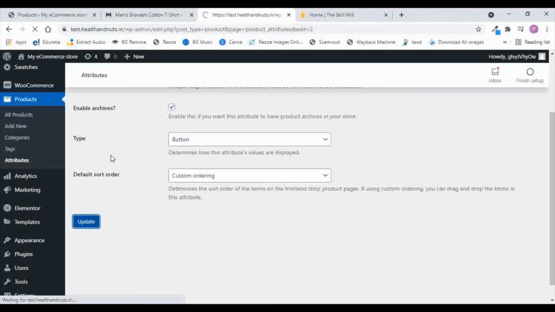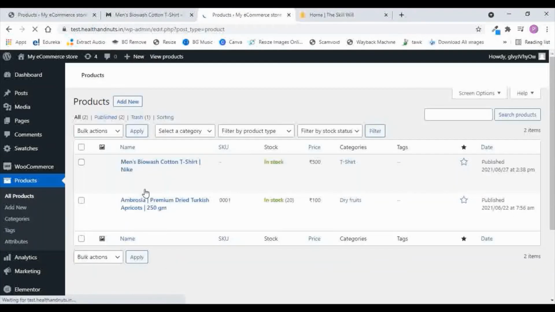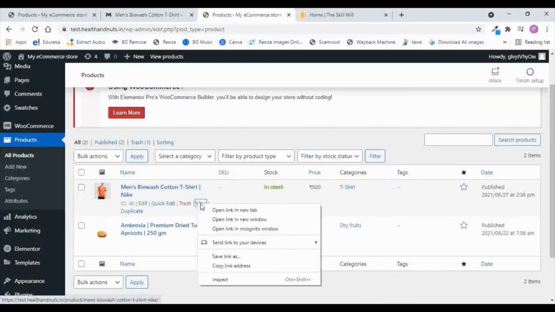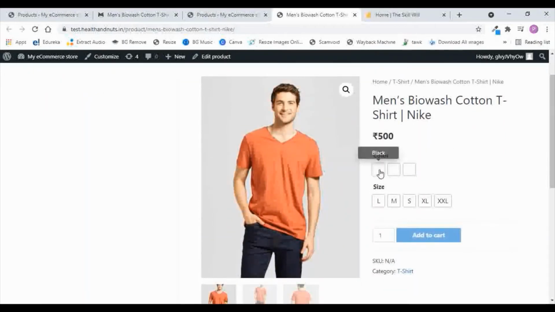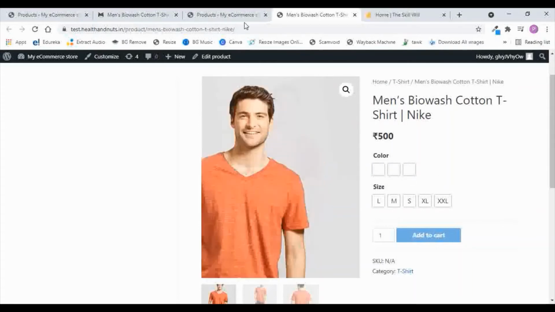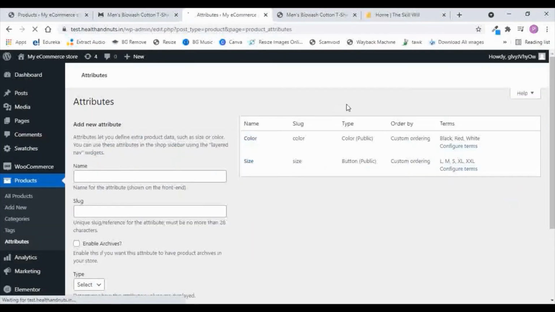So let us update this, and now if we go to the product and view the product, you will see that there are now the boxes here, and you can select the boxes, but there is no color in this box. So let us go back to the attributes, and under the configure